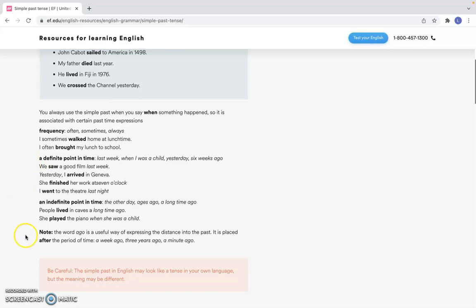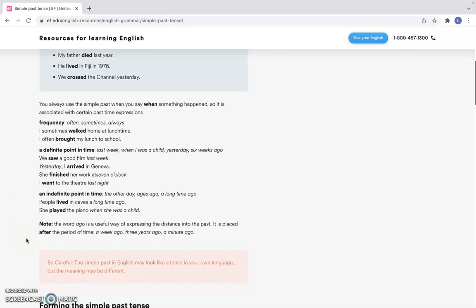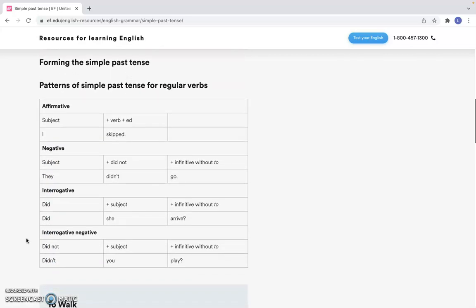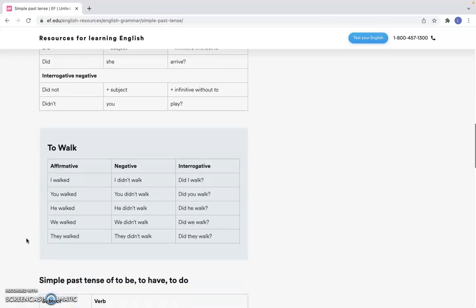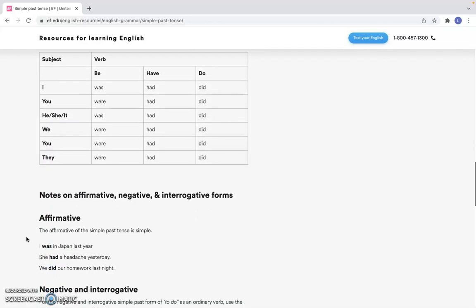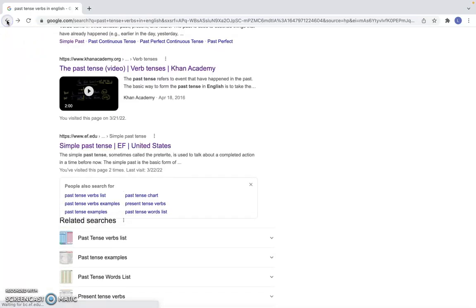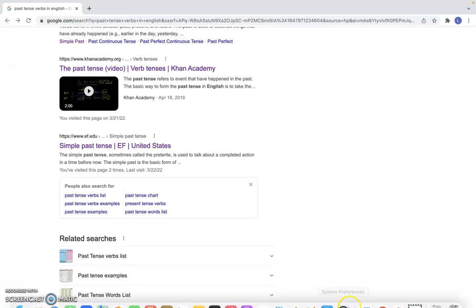Then you've got some more grammar explanation about different times, time words. Then you've got a little chart here. So this is pretty good. This is kind of what we're looking for. But the charts in the other page we were looking at are a little bit better, it looks like. So what would really be nice is to look at this page and the other page, the second page we were looking at. But now it's gone. We have to go back again to the search page.